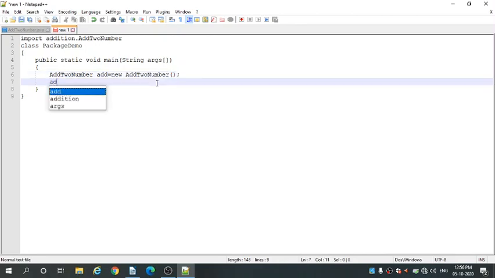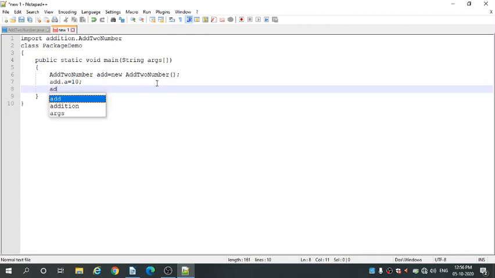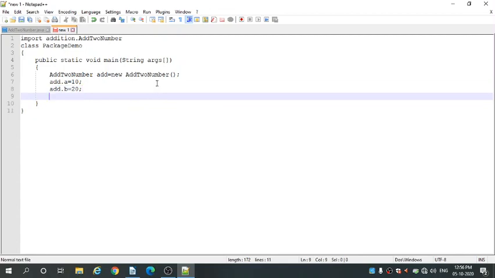then with this object we are assigning the values to the a variable and the b variable. From this class PackageDemo we are providing the values for the class AddToNumber. Okay, we simply write here System.out.println.